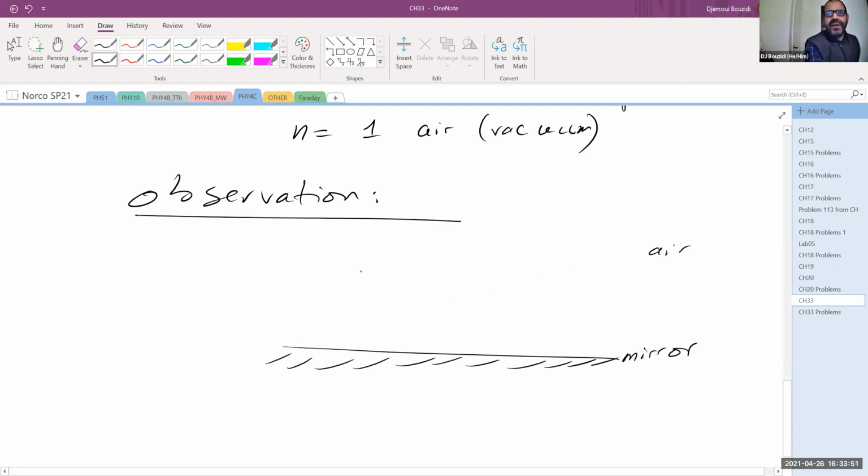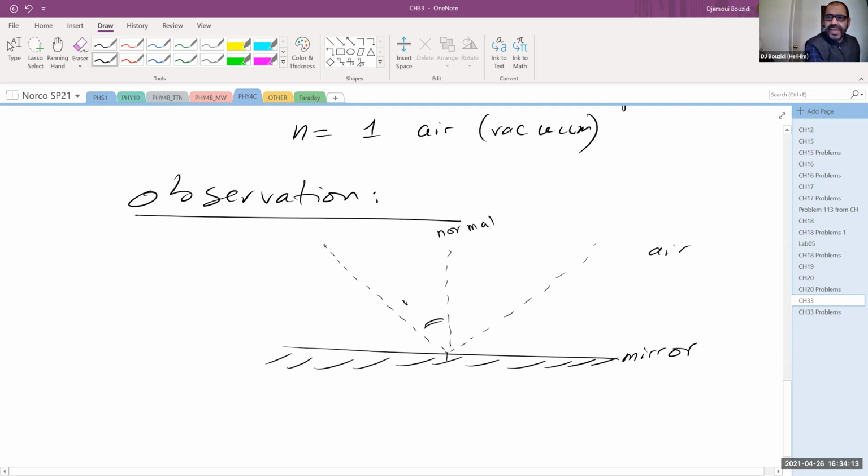So what happens in this case if I have an incident beam of light and it hits the material in here? It's going to reflect in such a way that, if this is the normal to the surface,